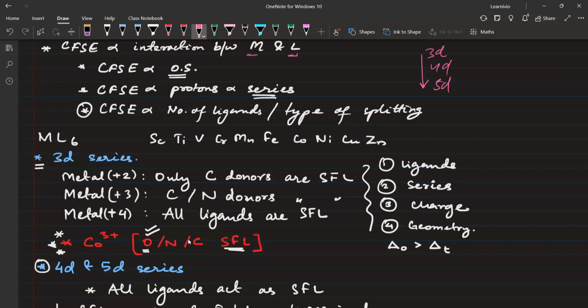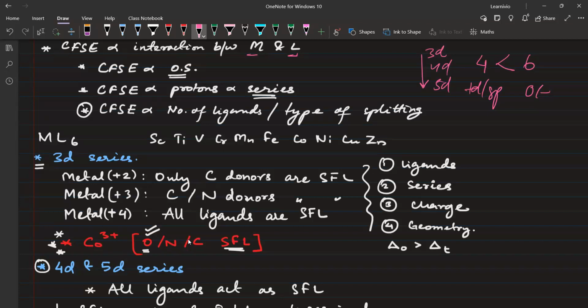Whether it is 3D, 4D, or 5D. Now CFSE is also directly dependent on the number of ligands. That is, if you have 4 ligands, that means you are in the tetrahedral case, or you are in the octahedral case, then obviously the octahedral is going to have a larger amount of CFSE, that is crystal field splitting energy. Now in this, we'll first try and understand the ML6, that is a metal having 6 ligands,